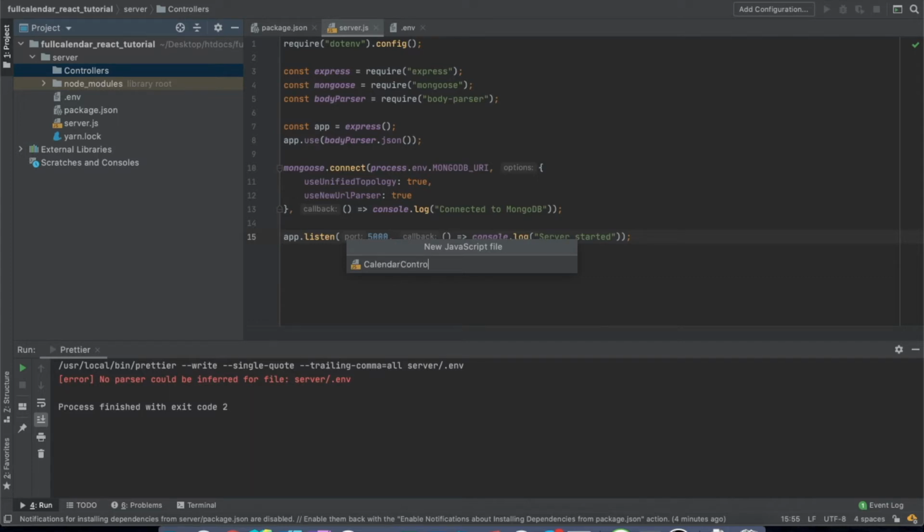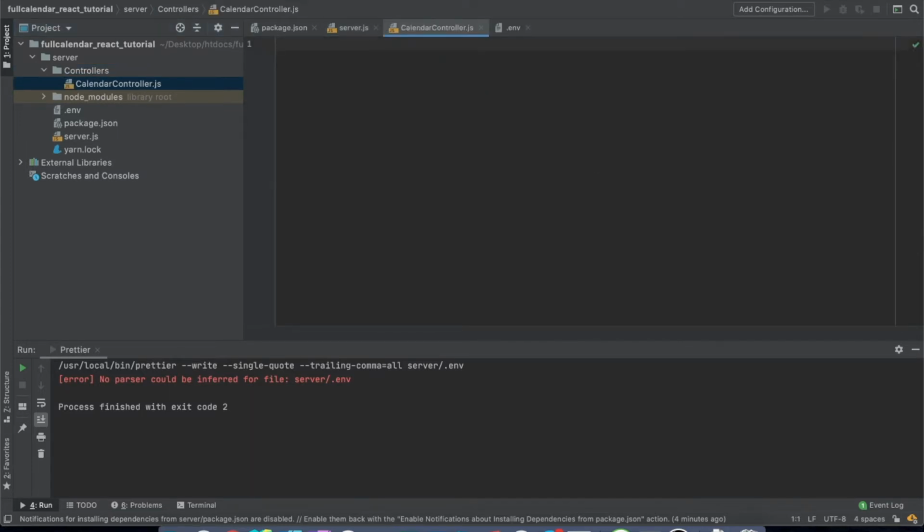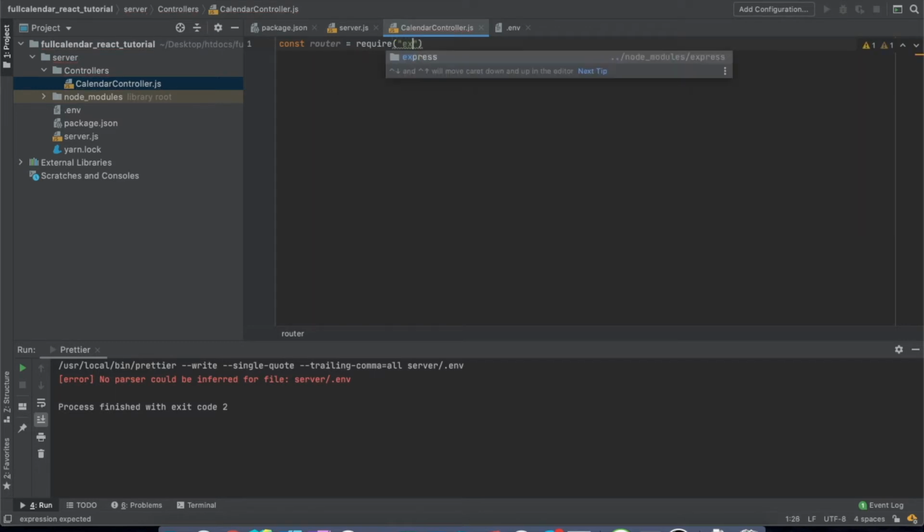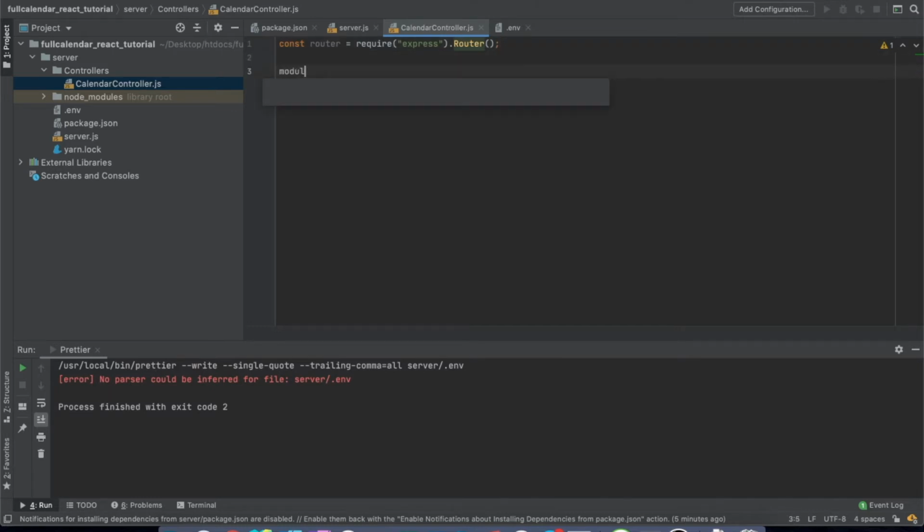and here we will have a directory called controllers and a JavaScript file called calendar-controller.js, and here we'll say const router equals require express.Router, module.exports equals router, and here we will have router.post create-event, async req, res,